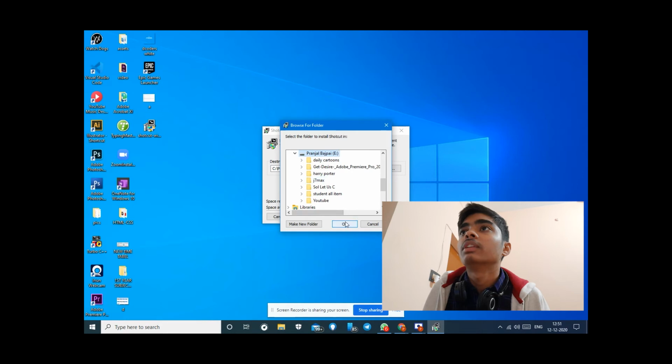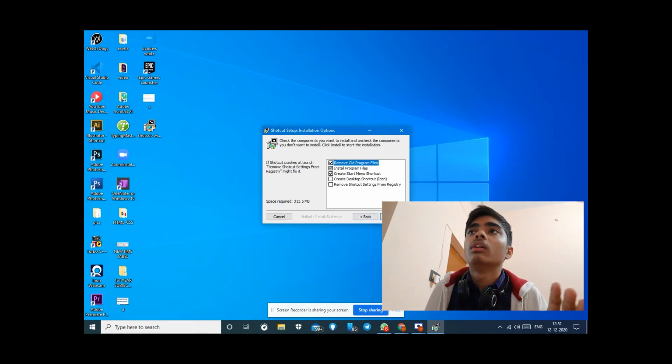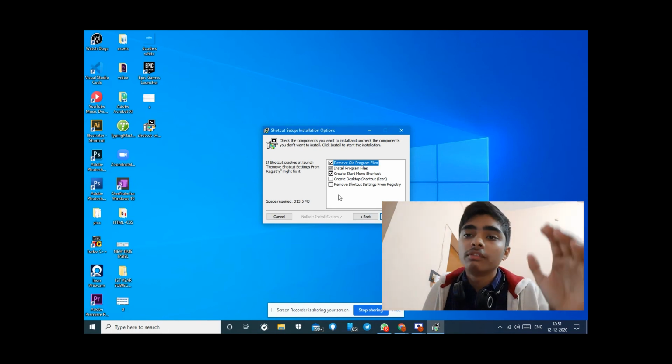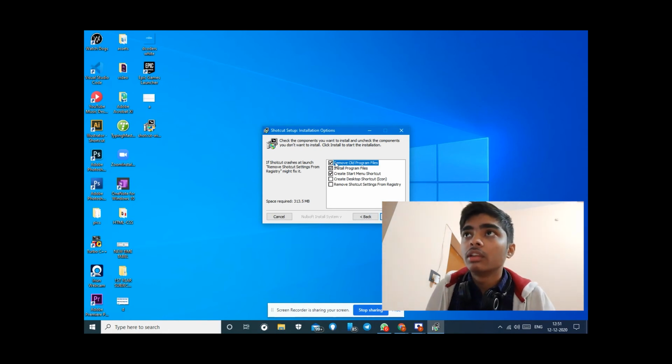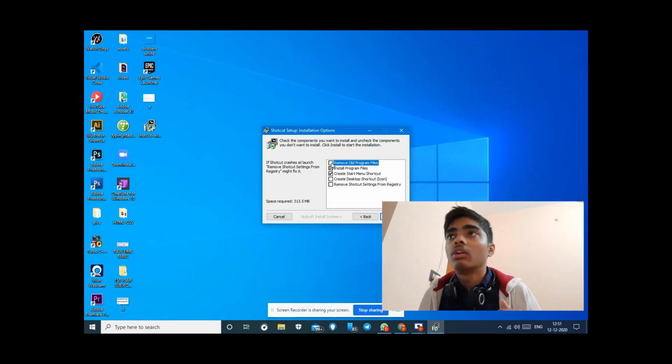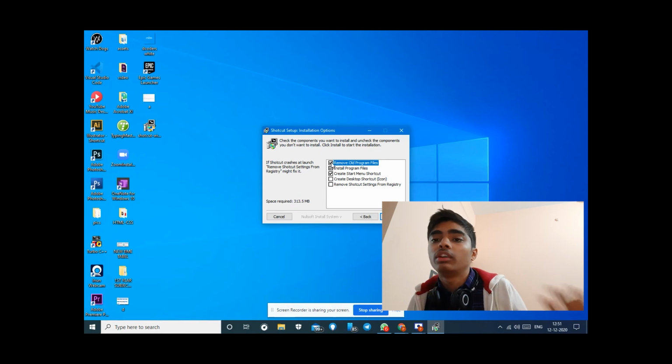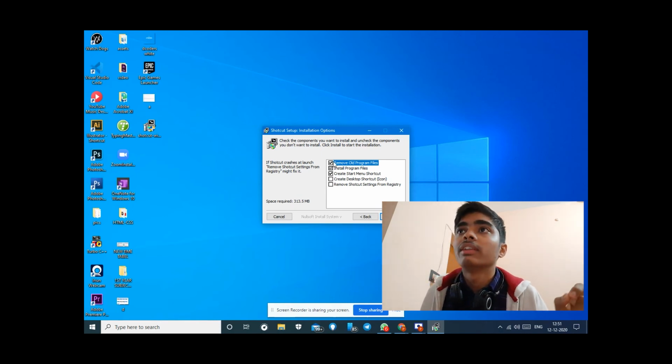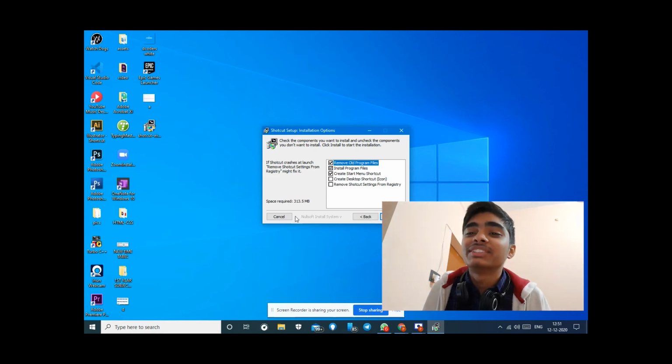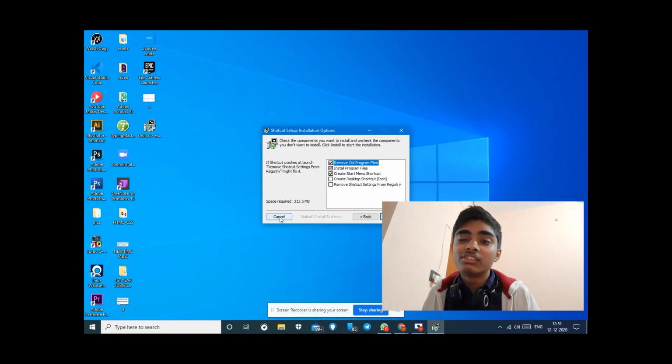Yeah, next. Yeah, just remove old files. If you are installing a new file, then you will not get this option to remove all old files, but because I have already installed that software and was wanting to reinstall it, I will cancel it from here because my files will get lost. So after this you will get